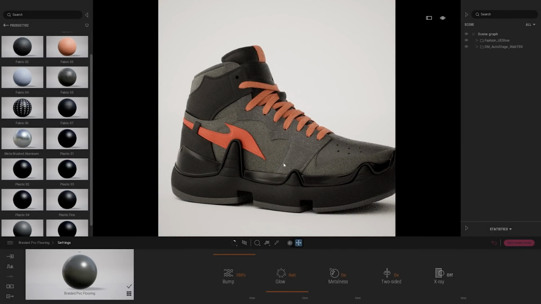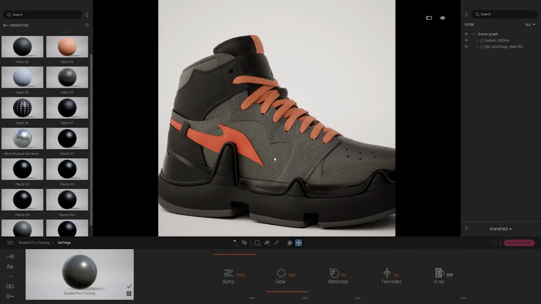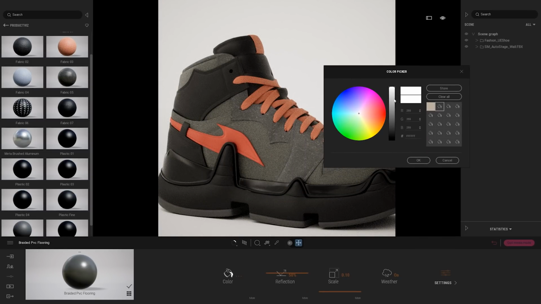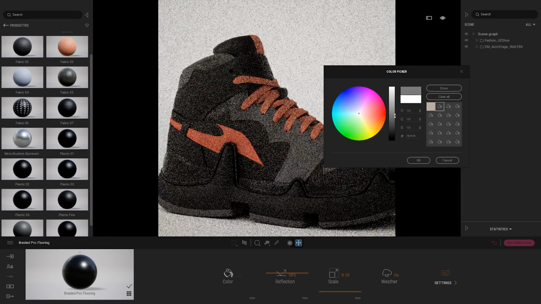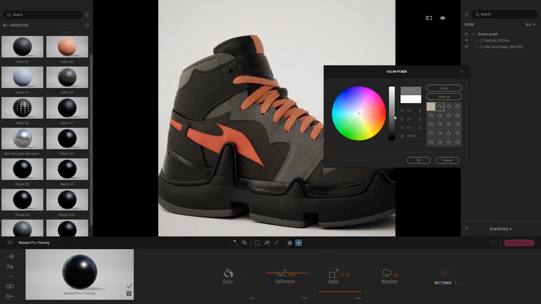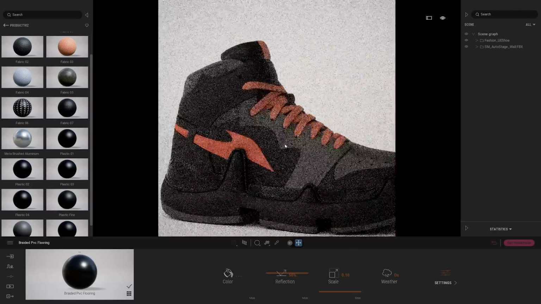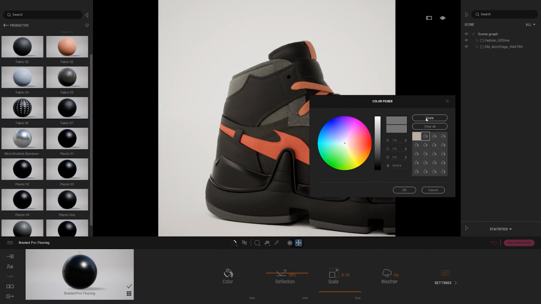Actually, for the fabric on the side, I want it to be a bit darker, so I'm just going to pick the material, go to the color, and blend a color on top of it. And that's also really the power of Twinmotion. At that point, I don't really know the end result of the shoe I wanted to have. I'm just drag and dropping materials as I'm doing this tutorial. And yeah, that's because it's super easy to use and we have all those simple options.